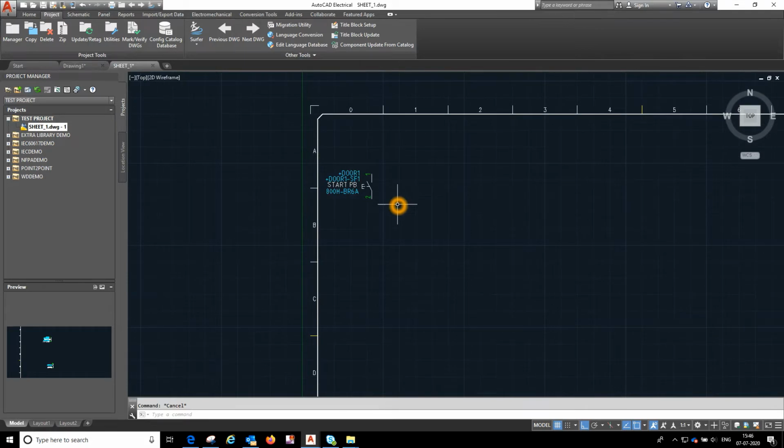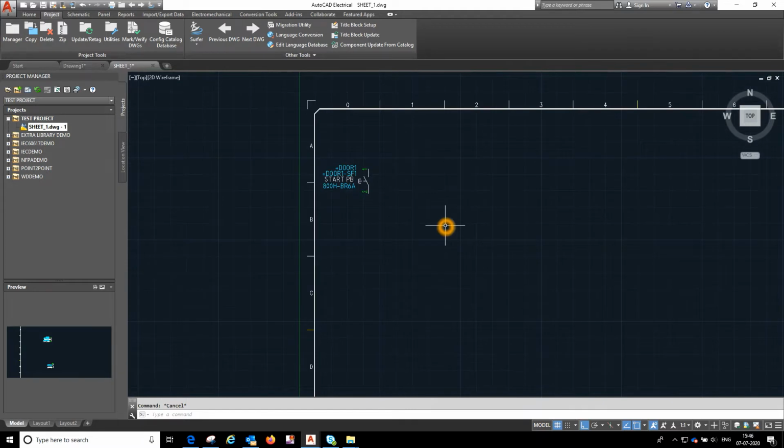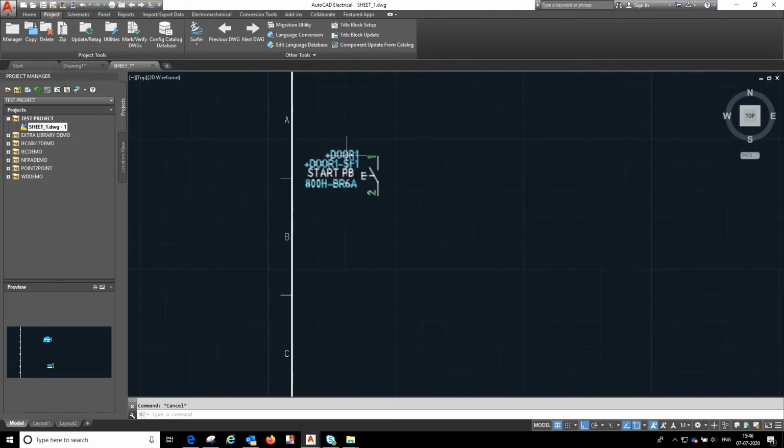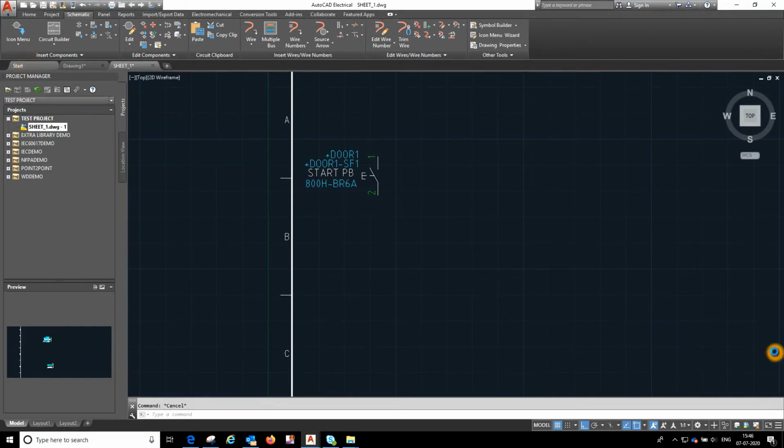After that, some projects may contain child components for the parent component. Some projects may not contain. So I want to put the child component for the push button, and I want to show it in the BOM. By looking at the BOM, we can easily come to know where this component is available, in which page it is available, in which column, in which row it is available. So this is how it makes the importance. Here I'm going to make a child component.